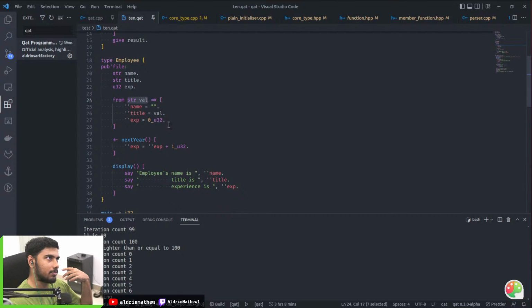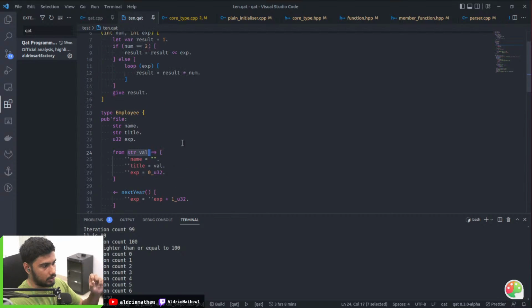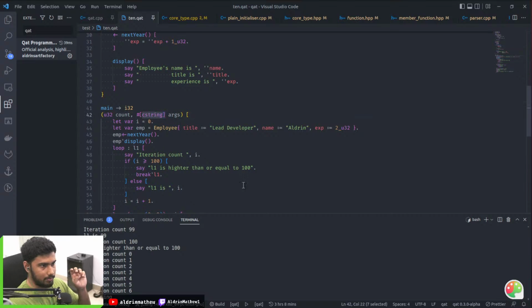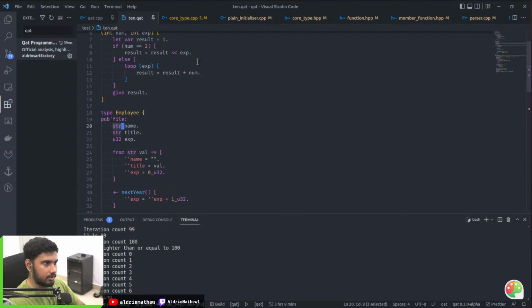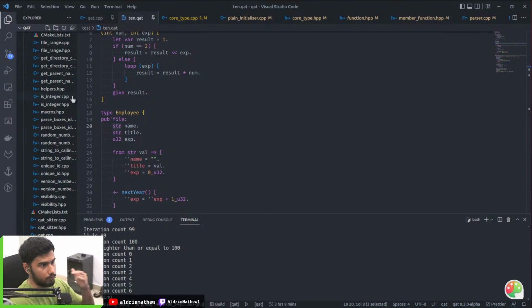Oh, I forgot something else. String slice and C strings are supported. So C string basically means a C style string, something that you see in the C programming language, and that's null terminated, and you can't have internal nulls. However, str, that's a string slice, or string literal, I guess, can have internal nulls, and it's also null terminated, by the way. It also has the length encoded along with the data.